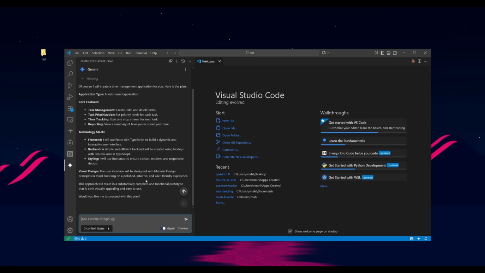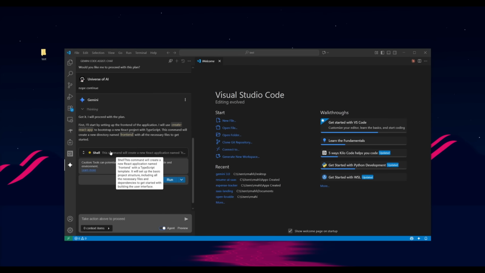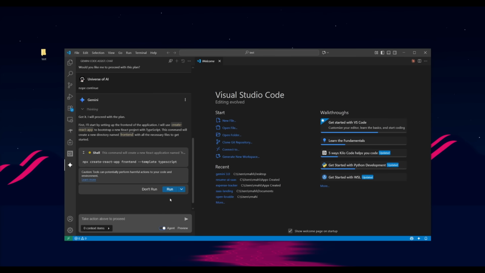And you can then adjust the plan, and you can see right here that it is working on using a shell command where it's going to first ask you if you can run it or not. You can set this on always run npx, but I wouldn't always recommend that. So just simply approve it by clicking on run, and then it will execute the task of creating the